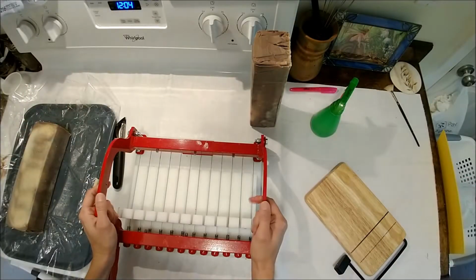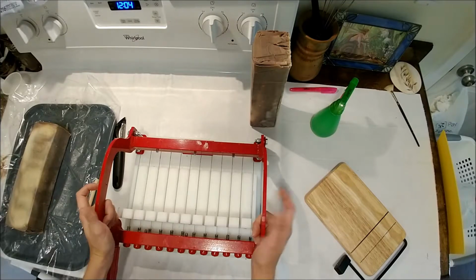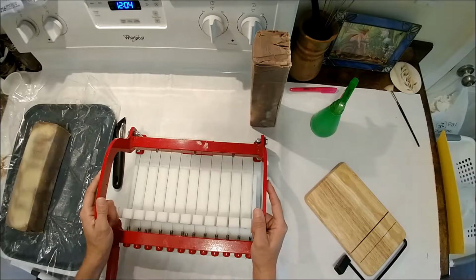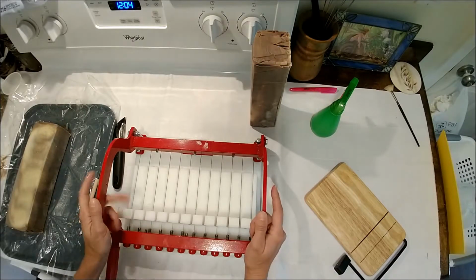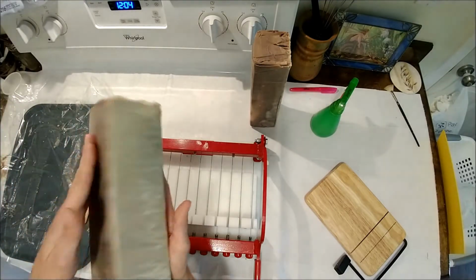I'm back to cut the green tea, aloe, and cucumber soap, and since I did the liquid discount, it's ready to cut sooner than I'm used to. So the plastic, yes, it worked in theory, but it did not make a very pretty or smooth or even bar of soap. So as you can see, even though I tried to smooth out the sides and everything, you've got the crinkles in there,